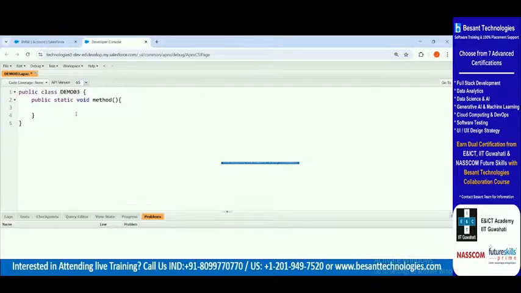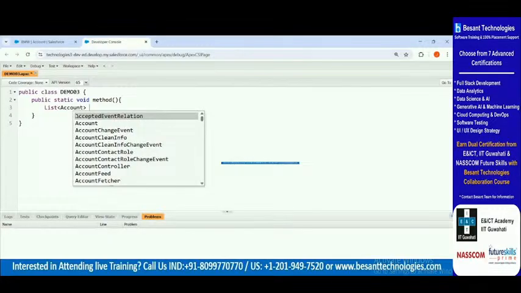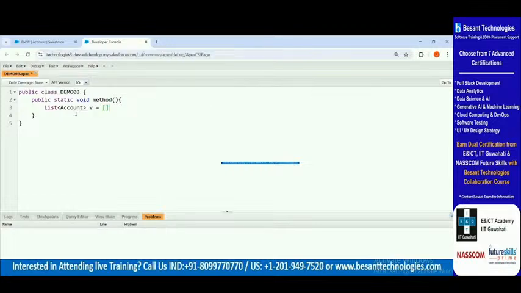Now I have to create a SOQL. SOQL is always written in list format only. So I'm creating an instance list to store the SOQL value. List of account with a new variable called v, or anything, equal to, and inside this square bracket I can write the SOQL. Select